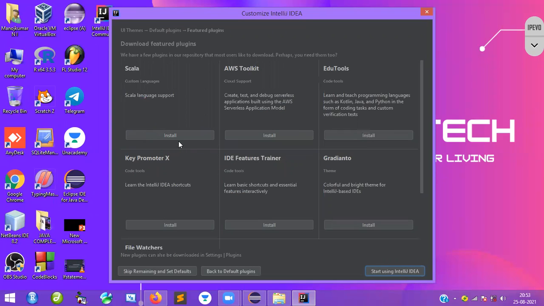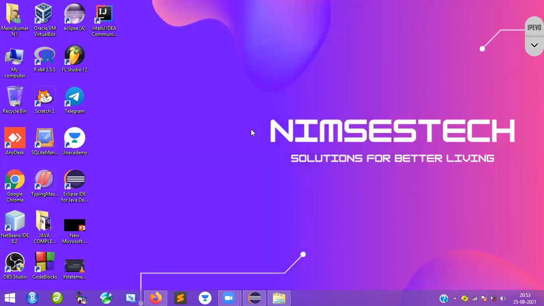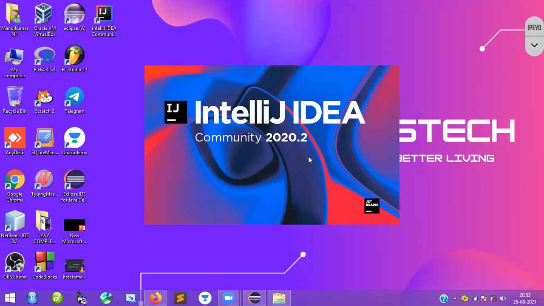Scala, if you want, you can install toolkits, all those things. Anything you want, you can install here. Again, yes. So I will start this one. So finally, I want to start this. It takes some time. It's starting.